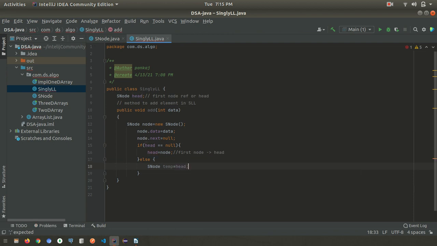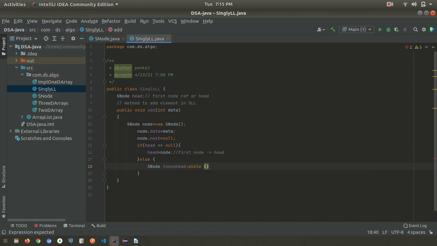So the head, the first element, we are storing to this temp variable. So head is pointing to the temp variable, and from there we can check.